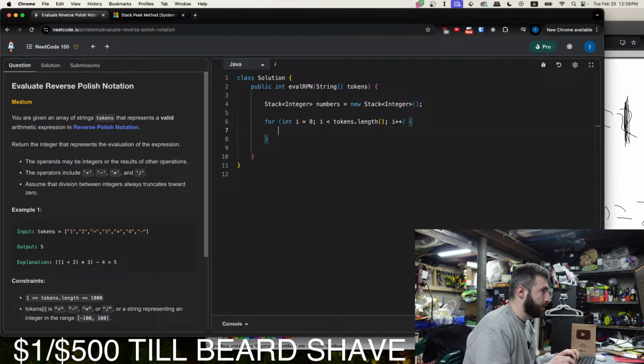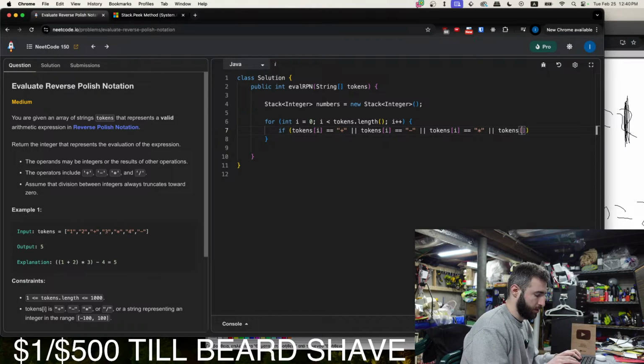But all right, so if tokens i is equal to plus, it's a string, not a char, plus, or tokens i is equal to minus, or tokens i is equal to multiplication, or tokens i is equal to division. If it's any of that, then we want to pop 2 elements from the stack.